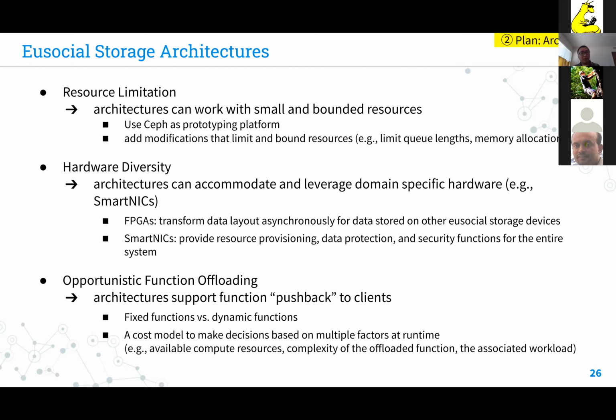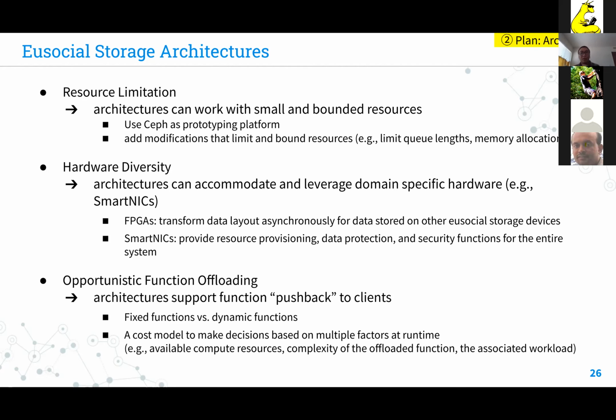And also we would like our architecture to easily accommodate and leverage domain-specific hardware. For example, a user storage cluster could involve a small set of SmartNICs that is dedicated to data transformation tasks for the data stored on different nodes. And finally, we would also like the user storage devices to be able to run not just fixed functions, but also dynamic functions that are created, downloaded, or parameterized by the clients.